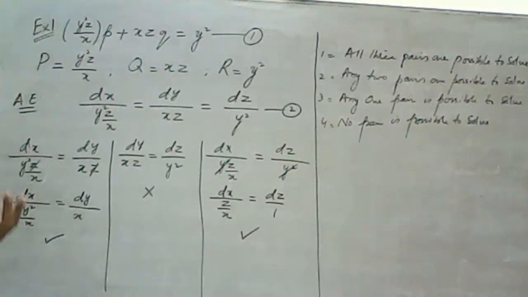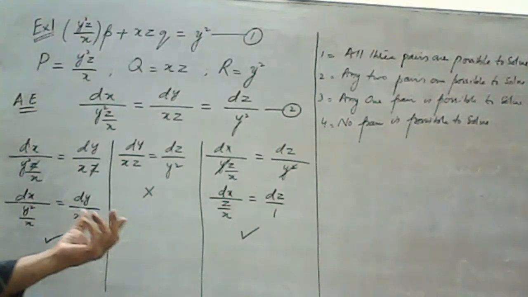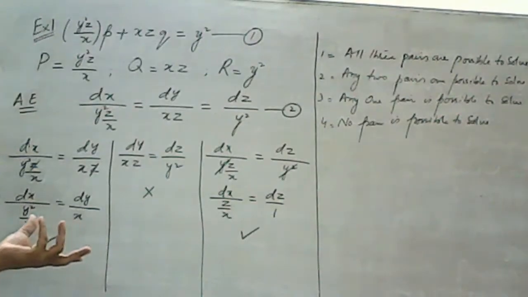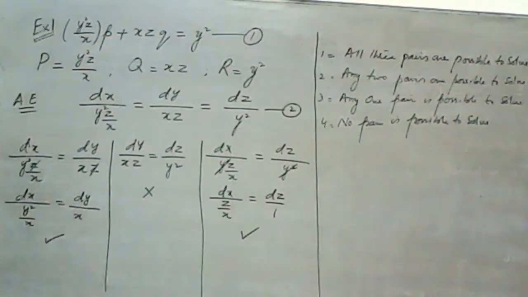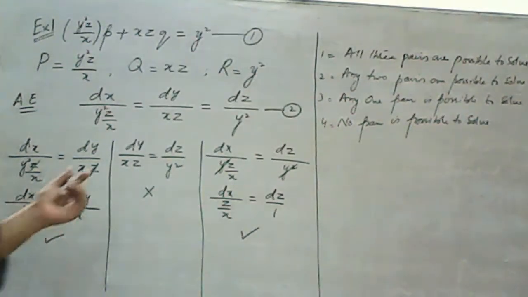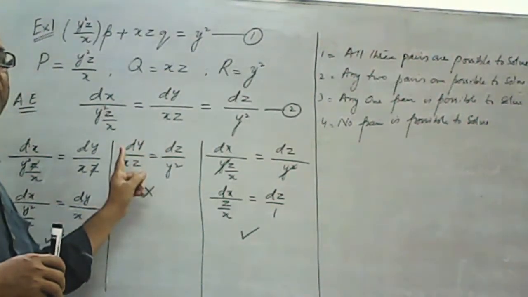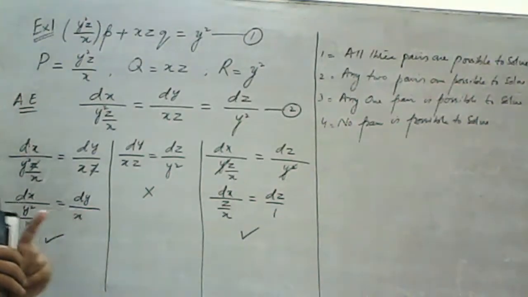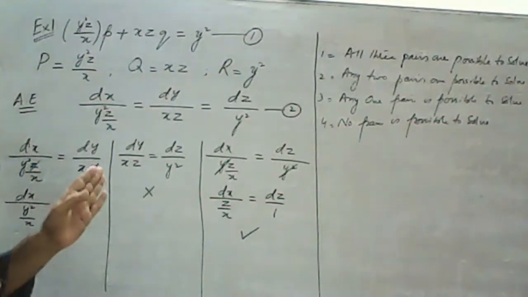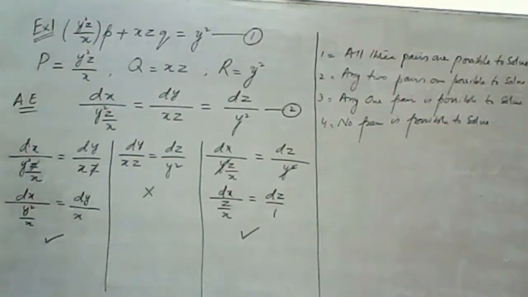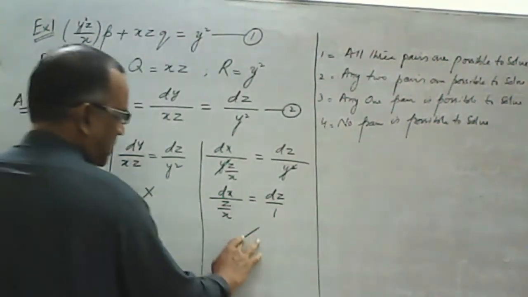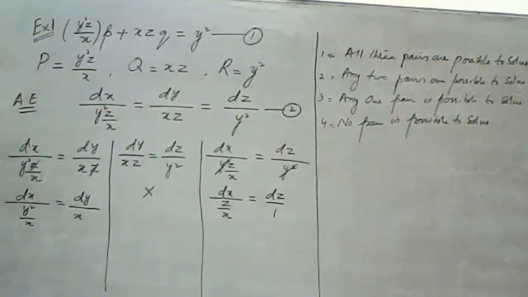This is the way to decide which pair is solvable and which is not. You have to look at the numerators. Whichever variable is missing in the numerator, we also do not need that variable in the denominators. Like in this case, x is missing from the numerator, so we do not need the term of x in the denominator as well. And if the term is there and it is not possible to eliminate it, then this pair will not be treated as solvable. So this is the simple criteria. Once these pairs are solvable, then we need to solve these.